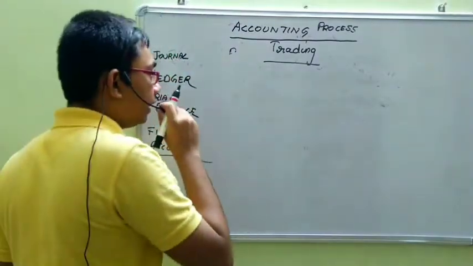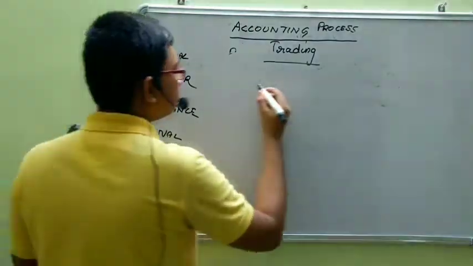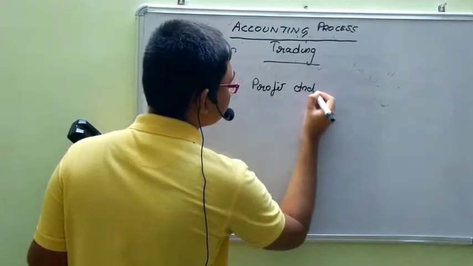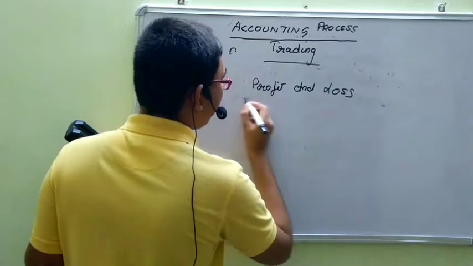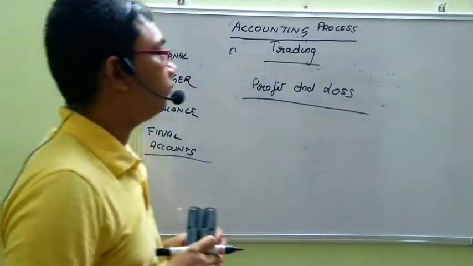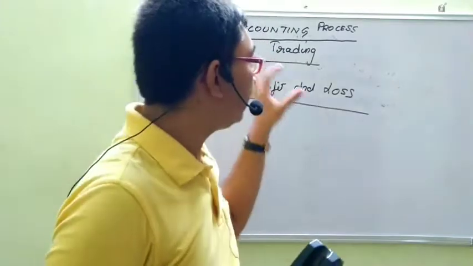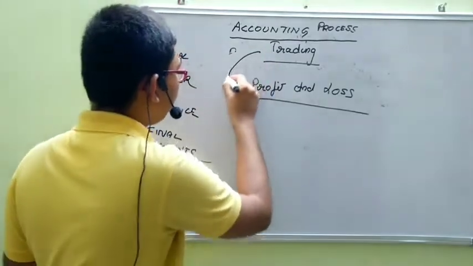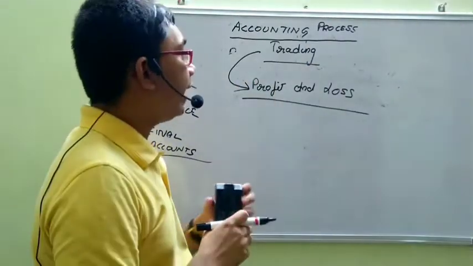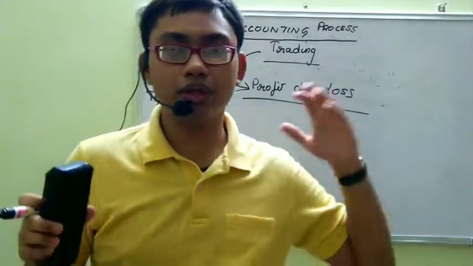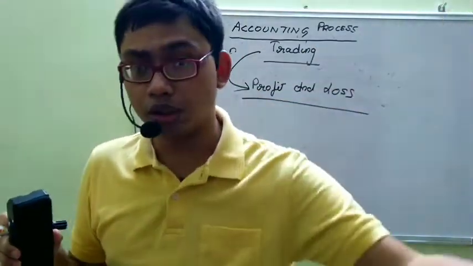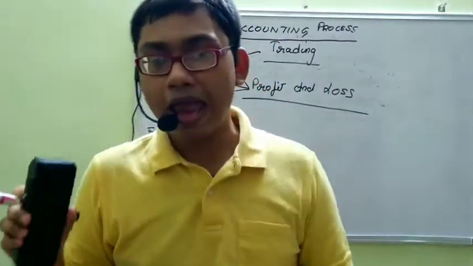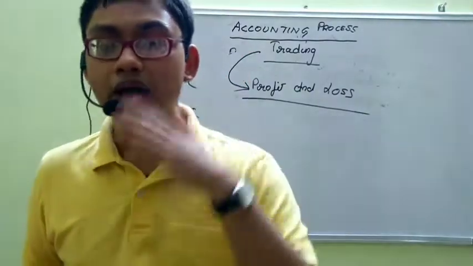Anything else, all other expenses and revenues will be recorded in the profit and loss account. This is the main item, profit and loss account. And the first item here will be the net effect of the trading activity. The net effect of the trading activity will go from the trading account to the profit and loss account. And here we will add all other expenses, including the freight outwards, which we are paying for delivery. That also we will take here and everything. We will compute the net effect of the profit and loss account also. And that will be the profit or loss of our enterprise.